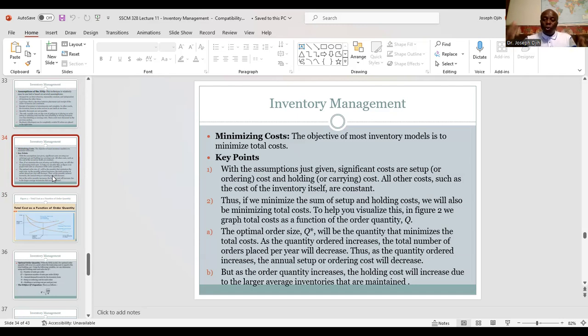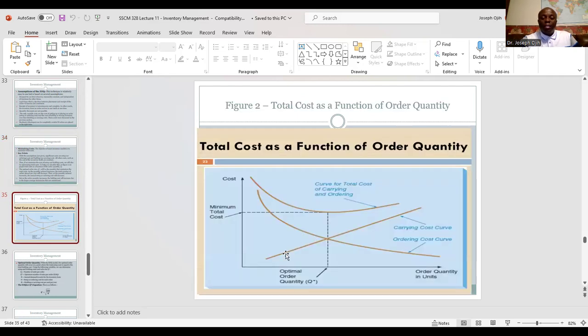So that means that the holding cost will increase due to the larger average inventory that is being maintained. Okay, you can see that here. See the holding cost or carrying cost increases as the order quantity increases. Okay. Now, having given you this background, we are now ready to do an example that will help you in